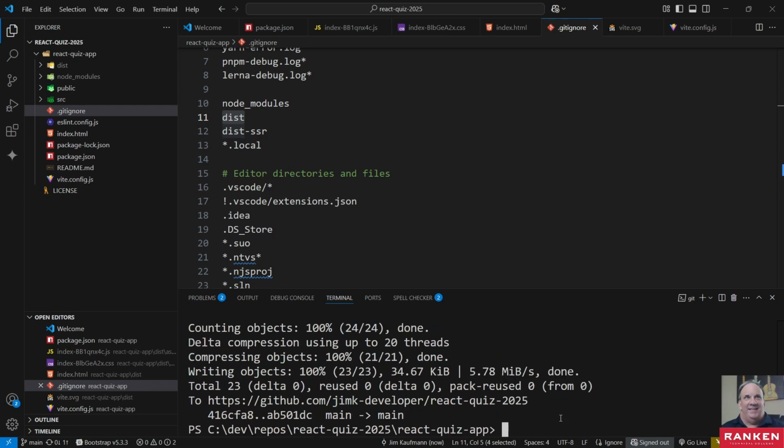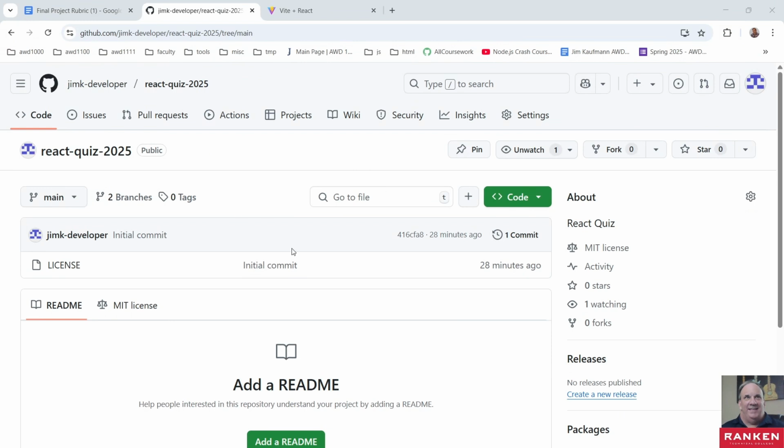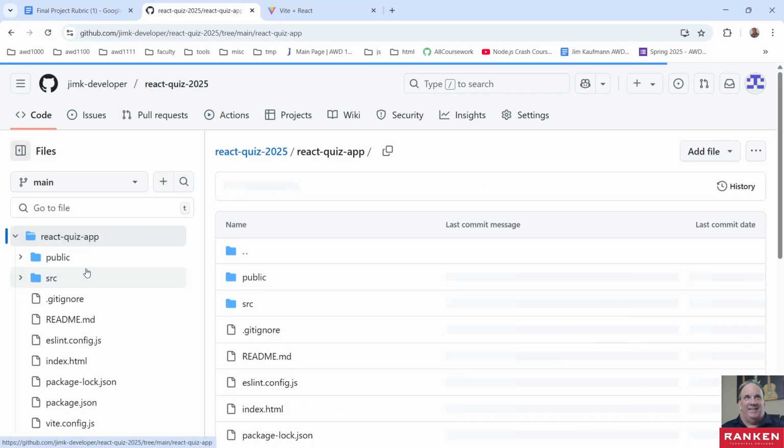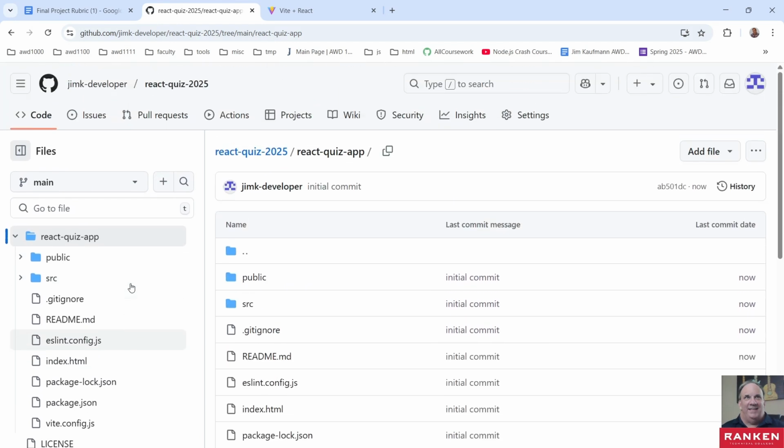Okay. And now, if we go to our browser here, you will have to hit refresh. It should be there. Hit refresh, and then here are all your files. Okay. So it's important for grading purposes that, besides just deploying, you're deploying that dist directory to that GH pages branch, which Vite takes care of under the hood. It creates that branch and everything else,